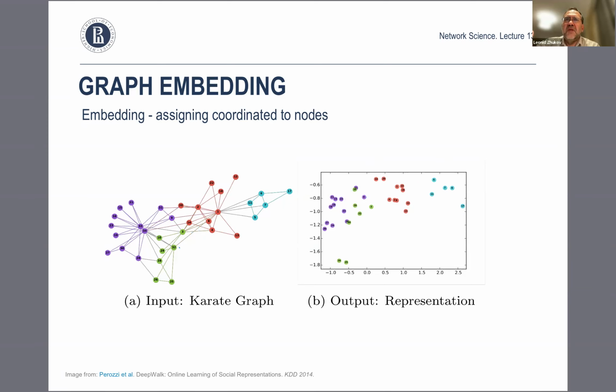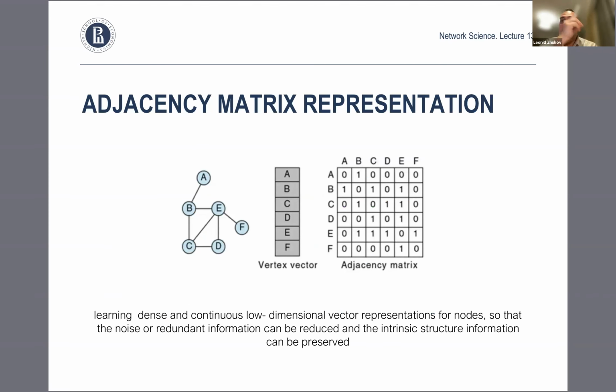So how do we do that? How do we come up with this type of algorithm? So first of all, the raw adjacency matrix itself that represents a graph can be thought of as an embedding for the graph,